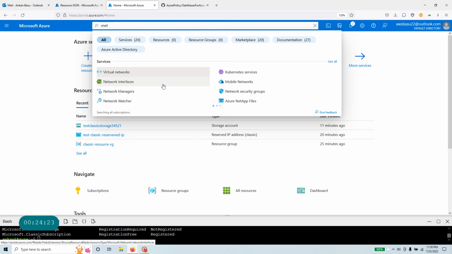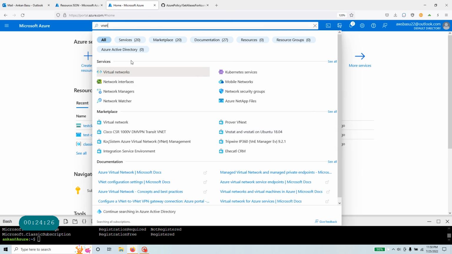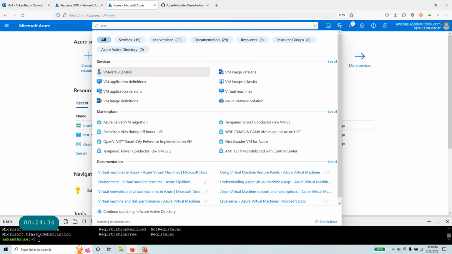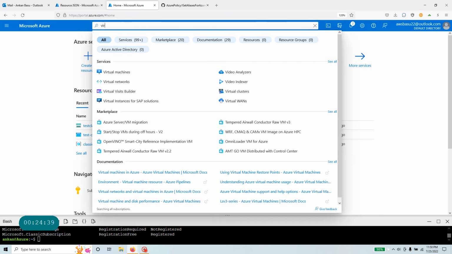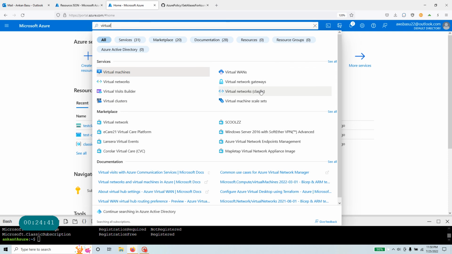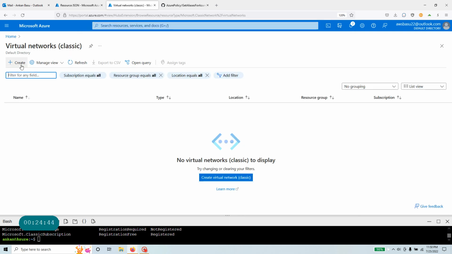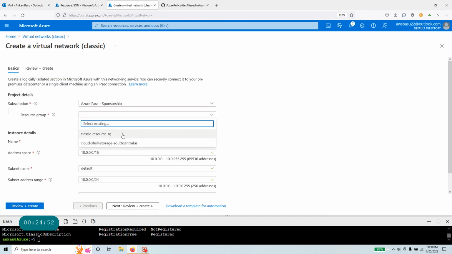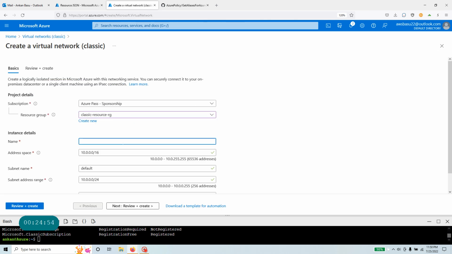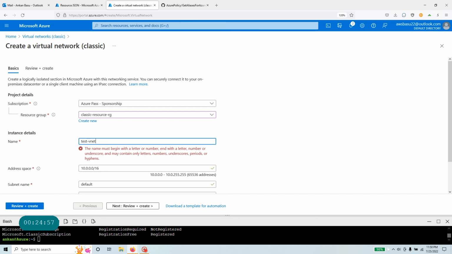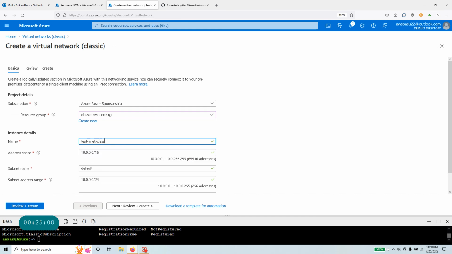But let's go and try to create maybe a VNet. Let's see if we can create a classic VNet. Can we? Classic, do you see any classic? Okay, VM. There is VM image classic, virtual. Let's see, virtual networks classic. Let's see if we can create that one in our environment. Okay, so let's do a create. Let's go to the resource group where we do have the policy. So let's test VNet Classic,